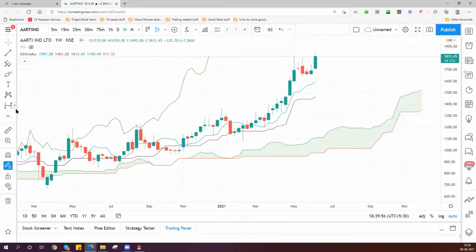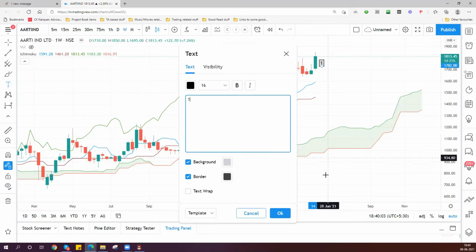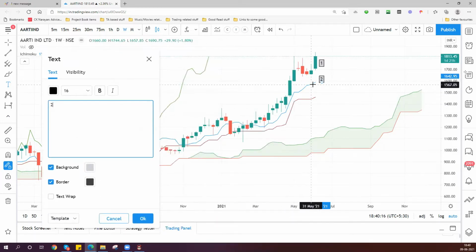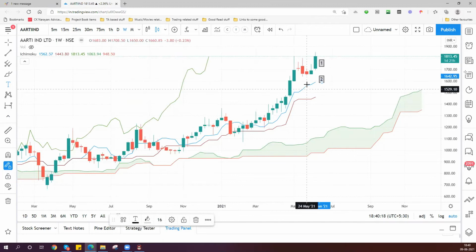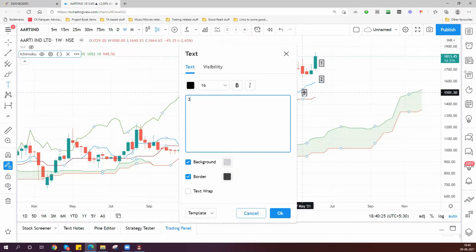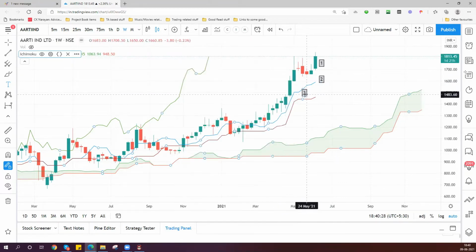Now, what are the criteria that we had for bullish, right? So let's say we had number 1, price is above the cloud. Then number 2, price is above TS and KS. This is the TS and KS, right? Price is above TS and KS, so this is two of the criteria. Then you have the TS line is now above the KS line, so short term is above the long term.